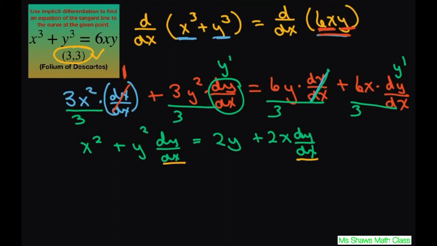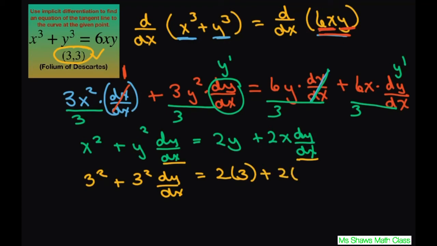So if you do that, you're going to get 3 squared plus 3 squared dy dx equals 2 times 3 plus 2 times 3 dy dx. So let's see what this gives us. 9 plus 9 dy dx equals 6 plus 6 dy